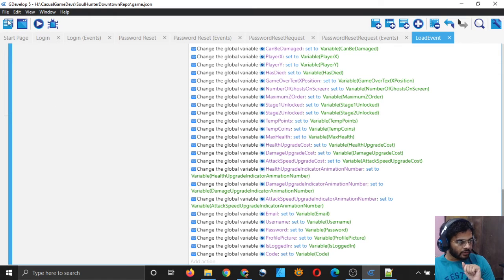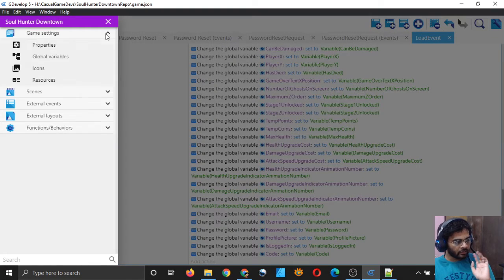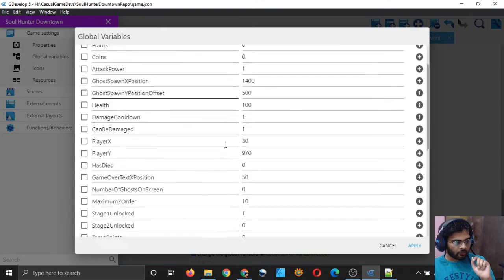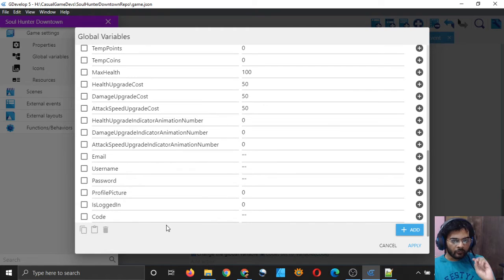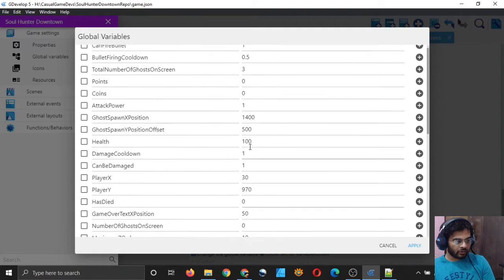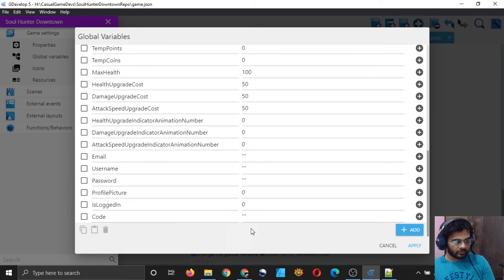And the thing is that, let me show you something. I think this is a little bit a kind of a mistake, because here we have these four variables. Email we don't need, but since it has come here, we should keep it. Email, username, password, and code. These four variables are of type string. They are strings, they are not values, right? So rest of them are values, they are all numbers, but these four are 1, 2, 3, and 4. These four are strings.